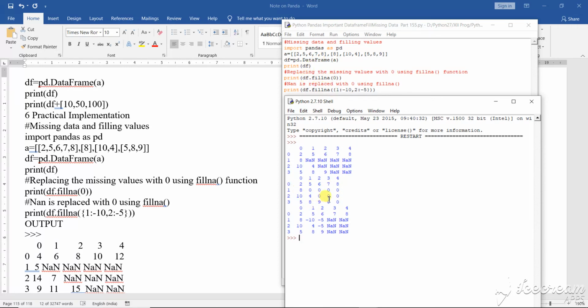Now next, the missing place I am filling with a 0. See here, all the missing places have been filled with a 0, and after that, the next thing it is doing, the missing place I am supposed to fill with minus 10 and minus 5. Which positions I have also declared: first column and second column. So first column and second column it has done. Okay, so that work has been implemented here, and as per the implementation you can see those are the working structures. So this is the working structure. Why in here the only one column is there, the rest two columns are not there, so the rest two columns are